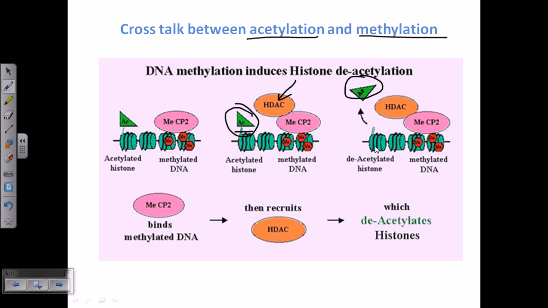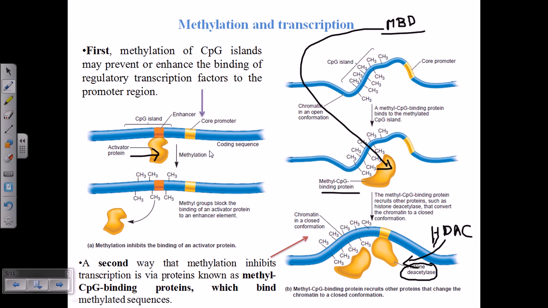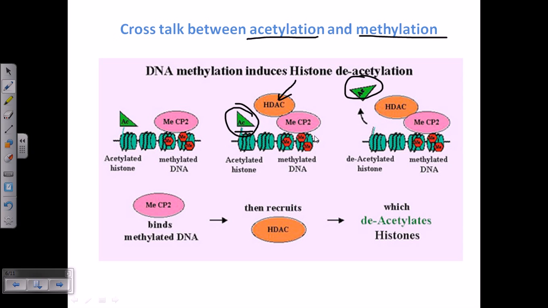Now remember, acetylation always tells us that the DNA complex is open, and due to this deacetylation activity, this whole complex of histone and DNA is tightly wrapped into a compact structure. As a result, no further transcription events are possible. So this is a process which is initiated by the methylase activity, but enhanced by the presence of HDAC. Methylase can itself silence the gene, but it can also call upon other silencing agents like HDAC and recruit them so that they can achieve this task with great